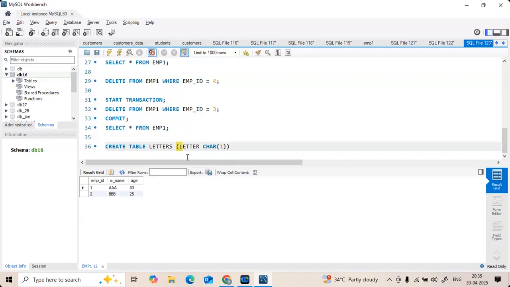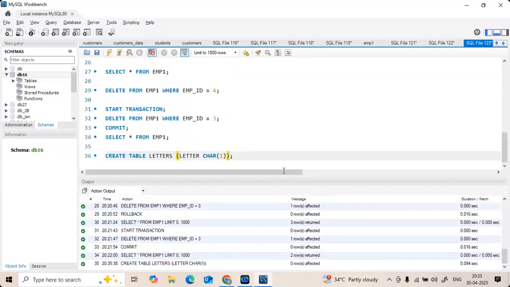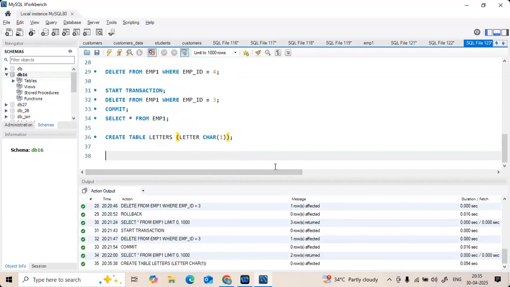Now, the table itself has been created. After creating a table, what you need to do? You need to insert the records. Now, I just want to insert the records into the table. Insert into